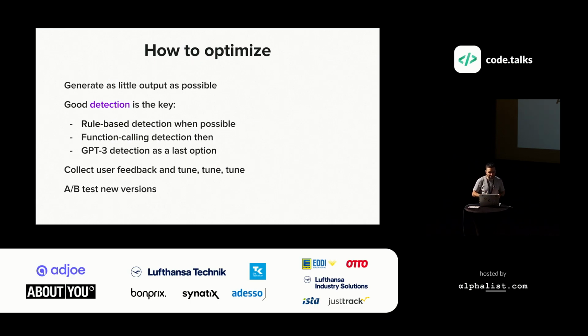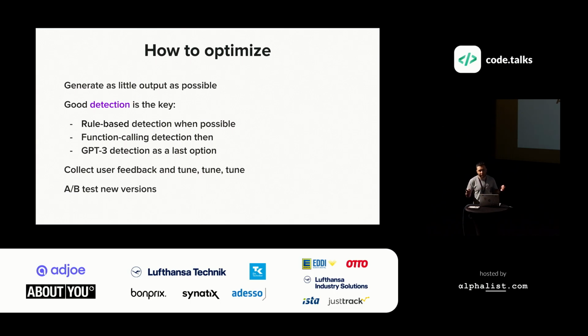Then you have to optimize these prompts. The key to optimization is, first of all, generating as little output as possible. This is because I was talking so much about these spaCy rules, these rule-based models, about detection. Detection is key, for us at least. You have to have this detection of what text you want to touch, or change, with the LLM, but try to detect it without asking the LLM to detect it. Just ask it to generate another version of it, or something like this.